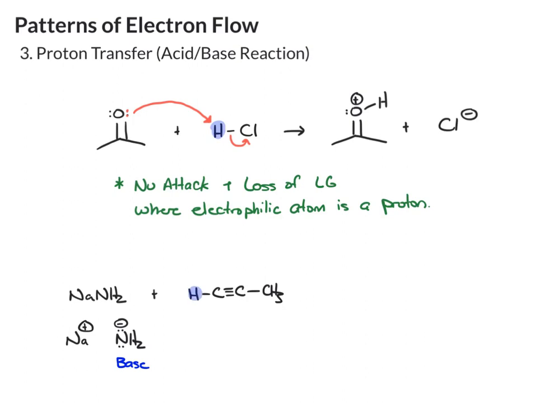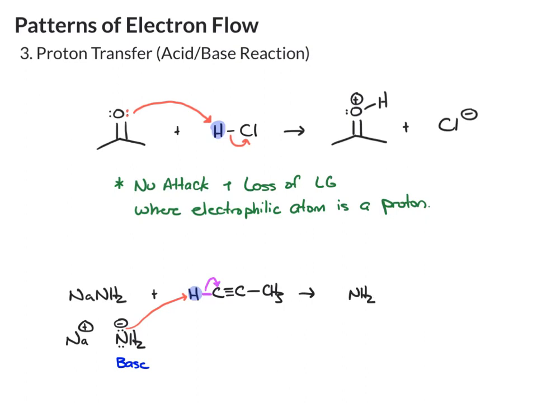So what you want to do is put your pencil down on the lone pair. If you don't have the lone pair drawn in, you can put your pencil down on the negative charge. Draw an arrow to that proton, and then the two electrons in this bond will go onto the carbon as a new lone pair. So we end up with